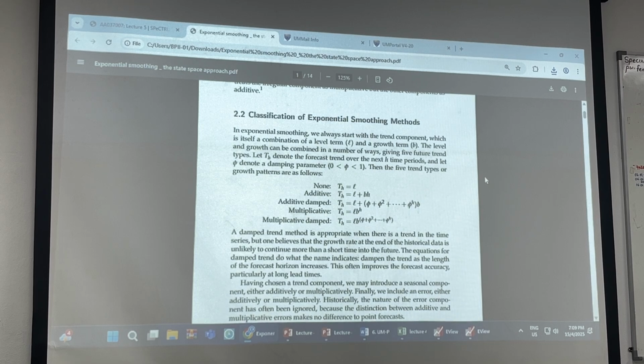Okay, so previously I explained to you we have two types of seasonal variation, additive and multiplicative. So far you understand the difference between additive and multiplicative seasonal variation. Additive is when the magnitude of the seasonal variation is constant or similar for the entire data set. Multiplicative seasonal variation is when, if the level increases, the magnitude of the seasonal variation increases. Now for the trend, it also can